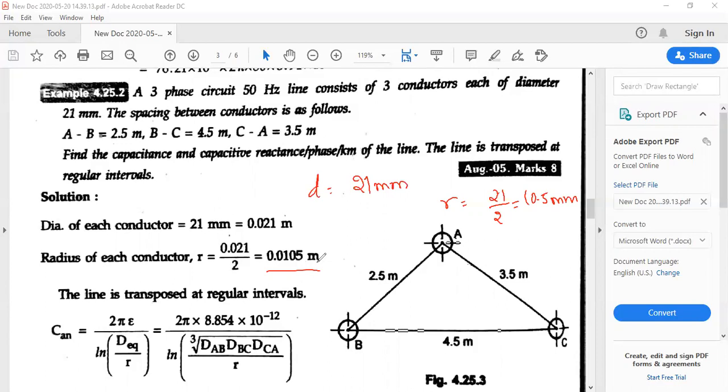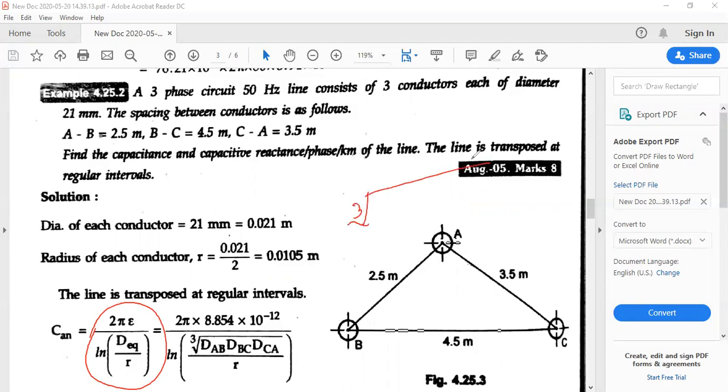So now what you can generally do is you can find out what is capacitance of a phase to neutral by this formula. Again, if you take the cube root of the distances which is there, you can find out the capacitance, and after finding out the capacitance per phase per kilometer, so what it means, it is capacitance per phase A, which is one phase, and N, which is the neutral. So this value of the capacitance is called as capacitance of the phase to neutral value, and the line is said to be transposed at regular intervals.